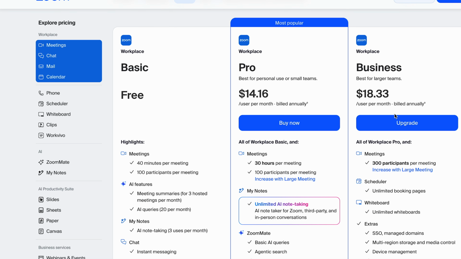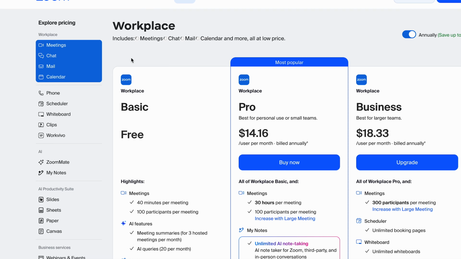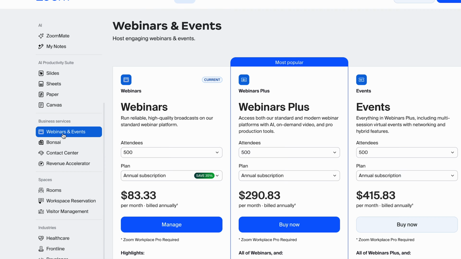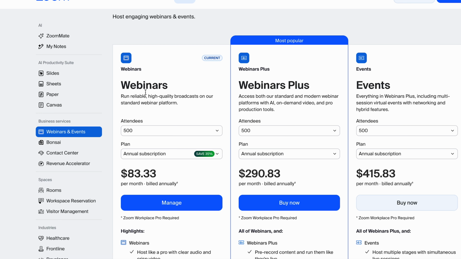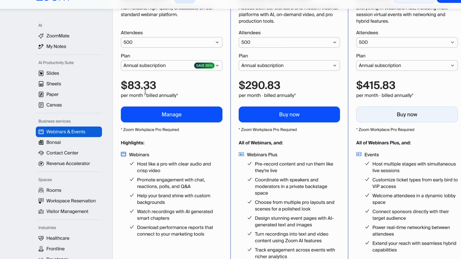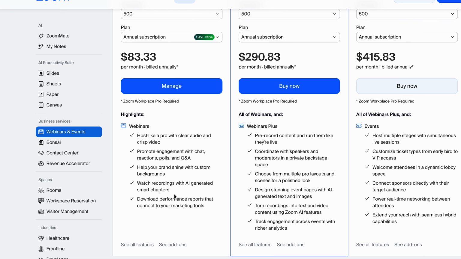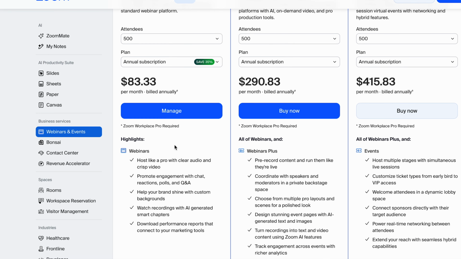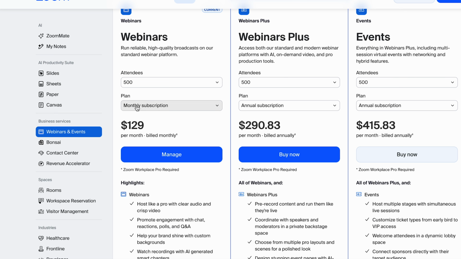That's the basic tier. You get into businesses. This is the discount for the annual. If you were to do monthly, it would be $16.99 a month. For webinars, Webinar Plus here, they explain everything here, what it allows you to do. Honestly, if you have the regular tier, you're fine to go. This is for if you have a bigger infrastructure going on. As you can see, this affords you everything that you need here, but you have to pay attention because once you go to monthly, it's